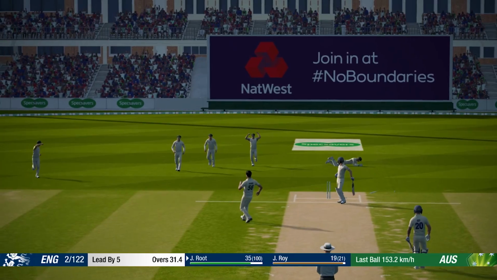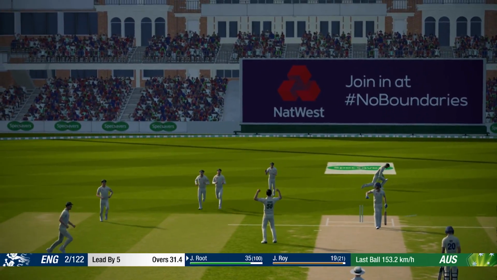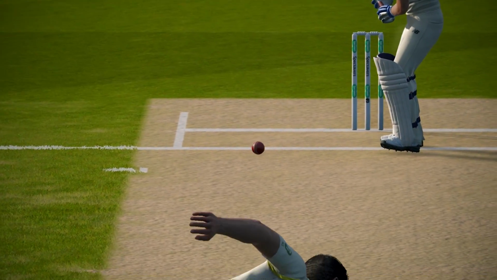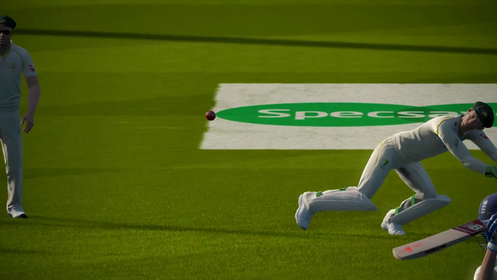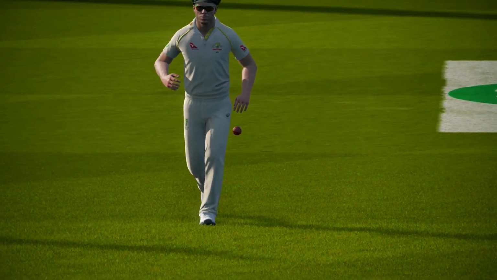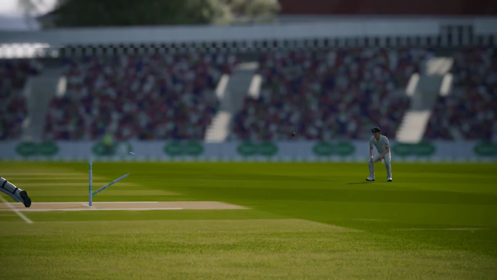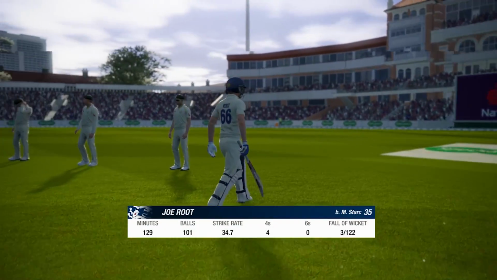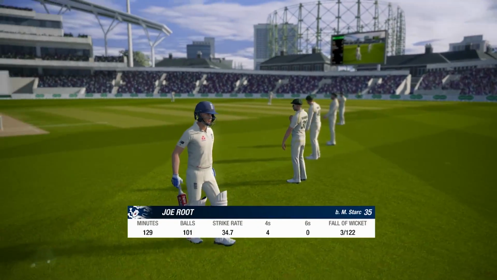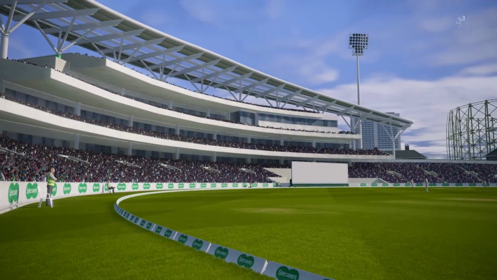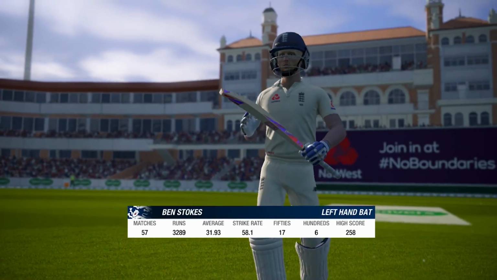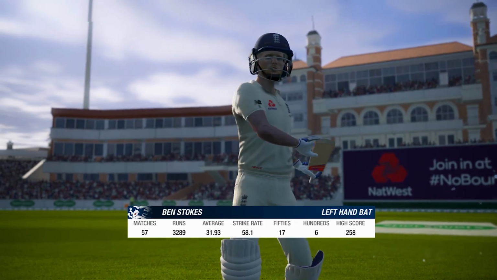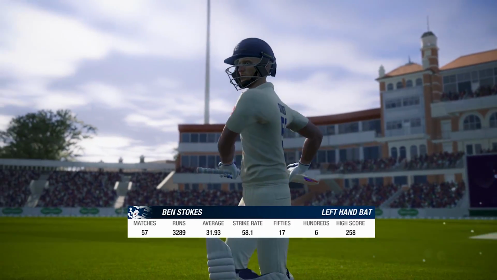That's a wicket. Clean bowled. Joe Root. Mitchell Starc gets wicket number 3 for Australia. Going around the wicket, swinging it in and just cannoning into the off stump. Root trying to open up the offside, and the ball was really cramping him up with the way it swung in. He's going to go for 35. England 3 for 122. As we close in towards the end of the day's play, there might only be an over or 2 remaining.